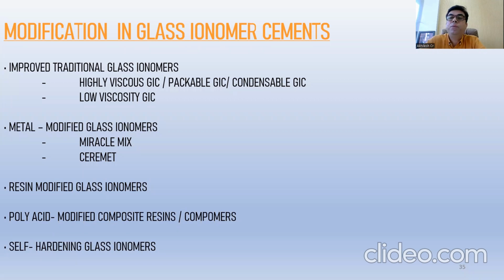As a continuation of last class on GIC, we will be continuing with the modifications in glass ionomer cements. In this topic, we will be discussing the highly viscous GIC, low viscosity GIC, metal modified GICs like Miracle Mix, Cermet, resin modified GIC, polyacid modified composite resins, also called compomers, and self-hardening GIC,